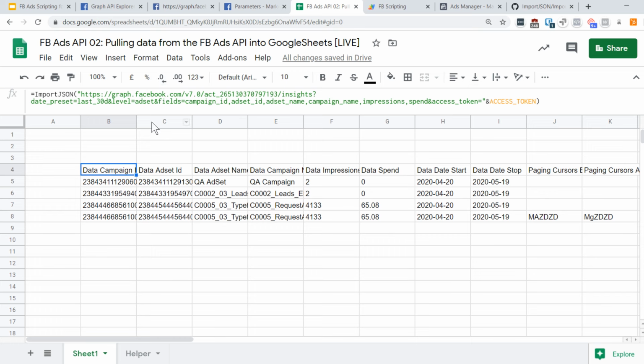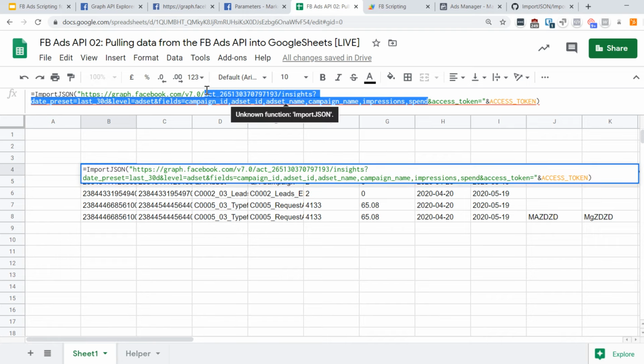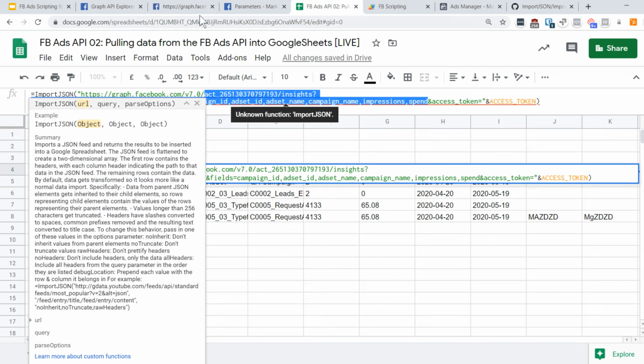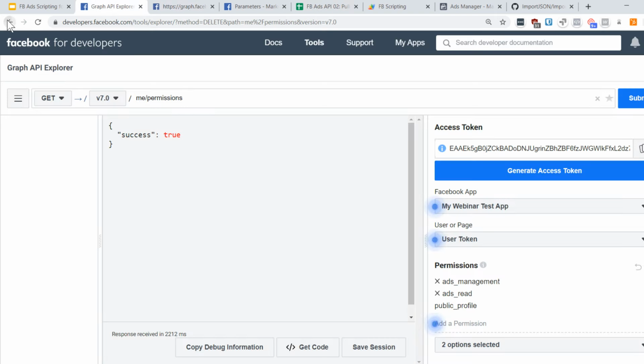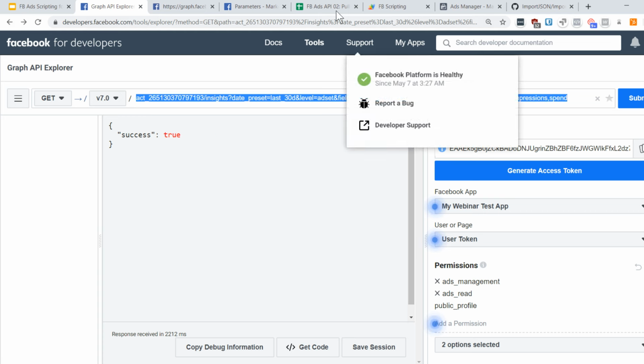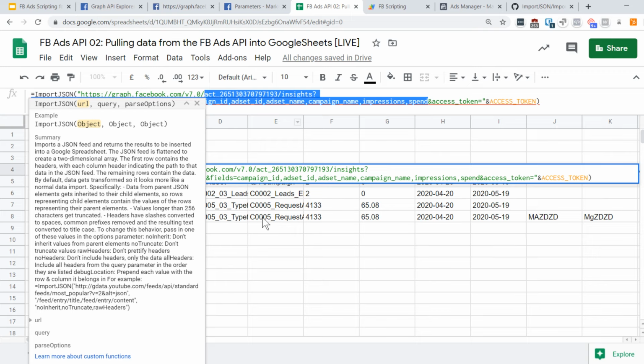And one thing that I want to do is make it a little bit easier for us to actually control the request that we're making. So what I'm going to do is take all of this part that we used in the Graph API Explorer as well. So I can show you. Maybe I can go back here. So this was the part that we used in the Graph API Explorer, and I'm going to take it out of this